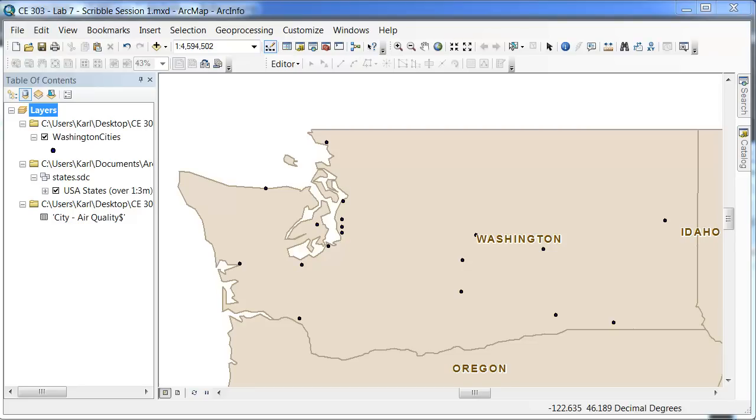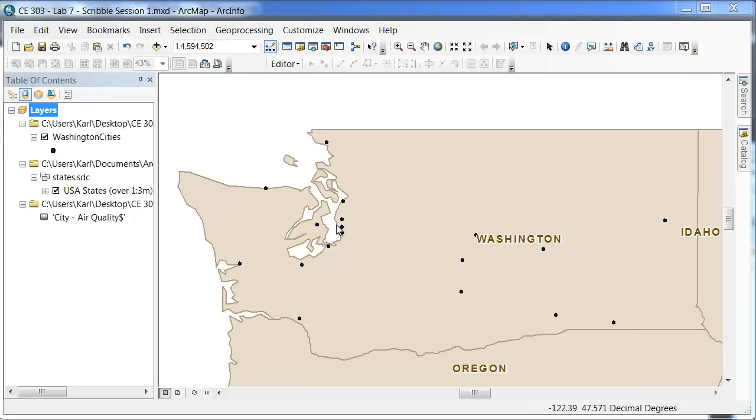In this tutorial we'll show you how to use a DEM, a digital elevation map, to extract the elevations for all the cities in Washington that I have specified. So you can see that I do have a point file with the Washington cities that I created previously. It's laid over the United States map showing just Washington, and this is from previously, just the air quality that